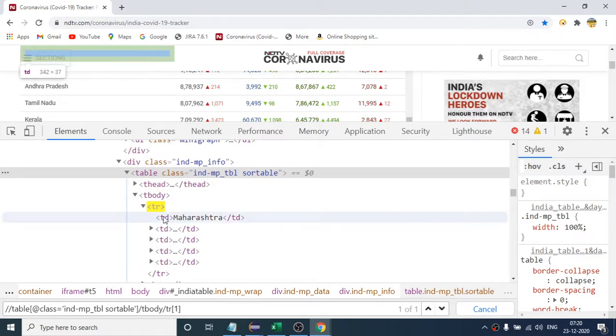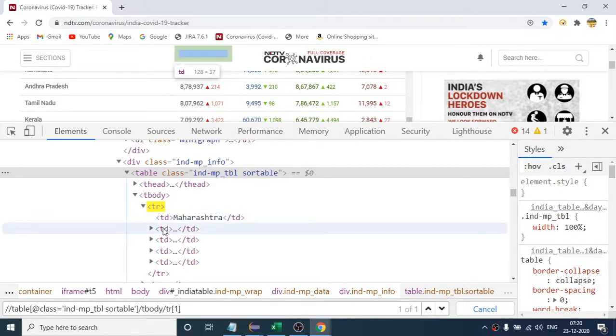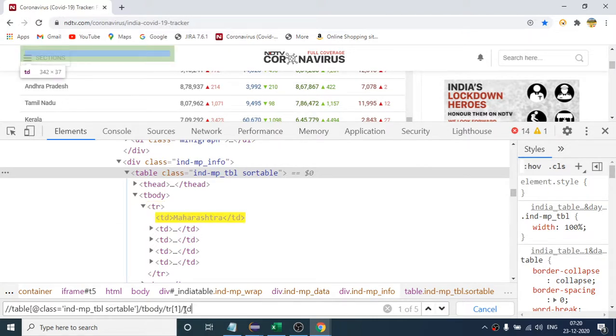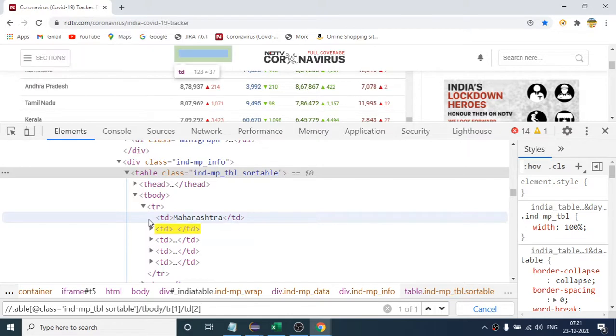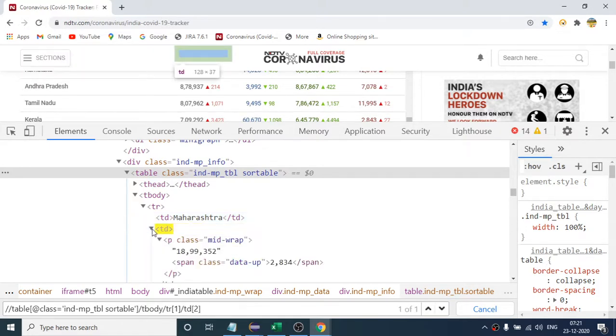So this is td[1], this is td[2], and if I say simple slash td, it will highlight all the five. So I have to come on only this one, so I will say td[2]. Now I'm here, and inside that, if I have to come to this number, I will simply say /p.